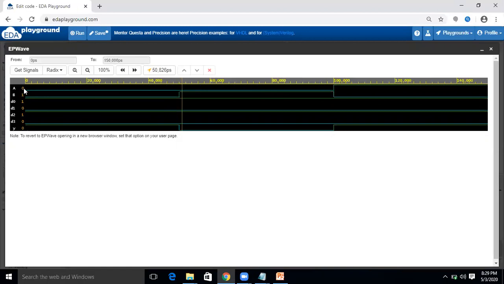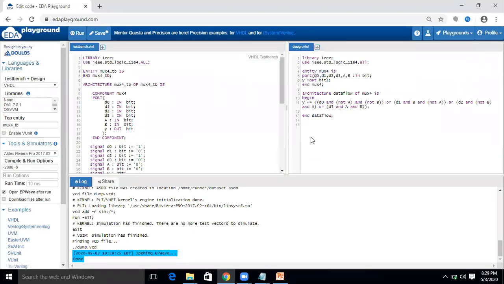Now when the input combination is 0 1, your D1 value will pass towards the output, so 0, and so on. So this is how you can observe the waveform, and this is about creating the VHDL code for the digital circuit. In the next lecture, which is lecture number 5, we will discuss the sequential circuit and its VHDL codes. There you have to use the always block. How to use the always block, we'll discuss in the next lecture.